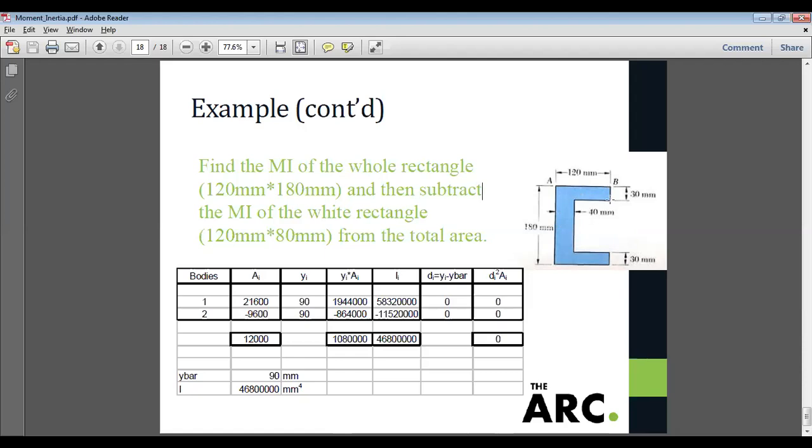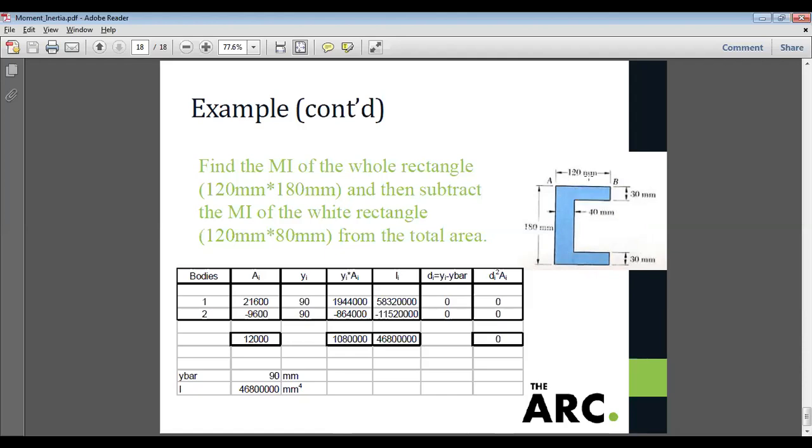What we can do is make the whole C section a rectangle. When we have this rectangle, we find the moment of inertia of the whole rectangle. Then we reduce this place from the rectangle, that means we eliminate this place from the rectangle, minus deduct. This way we'll be finding the centroid of the whole body. So in this case we have applied the reduction method.